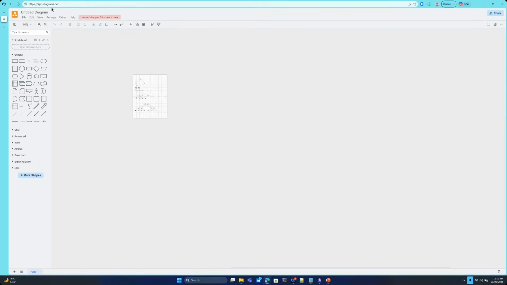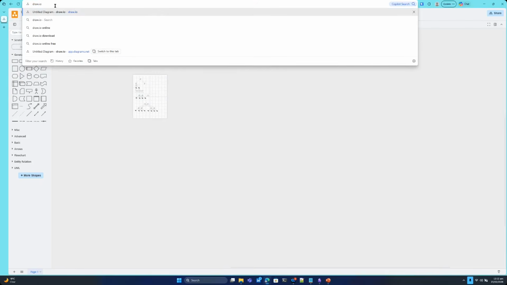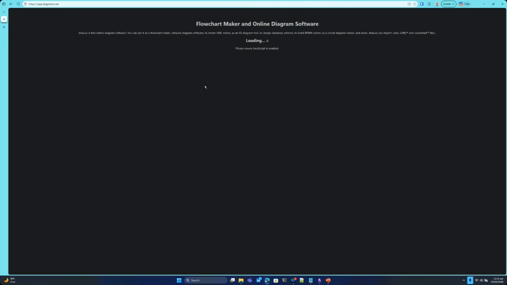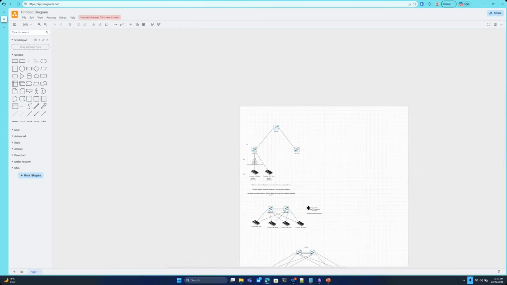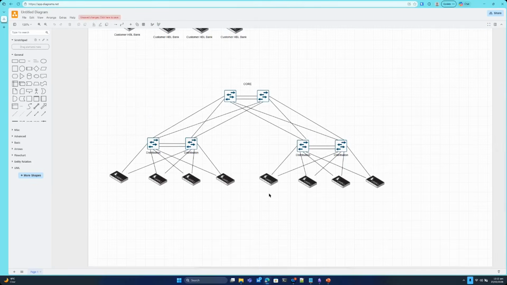So this is Draw.io. If you go to Draw.io, I have already logged in, so it redirects me to a new name. But let me show you that I actually went to Draw.io, and since I'm already logged in, it will just take me to the diagrams that I already have. So for example, I have these diagrams already in my file,